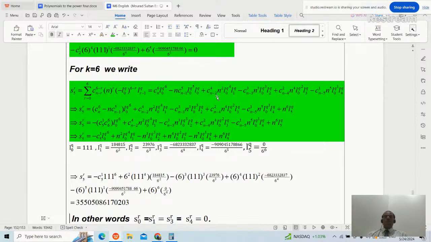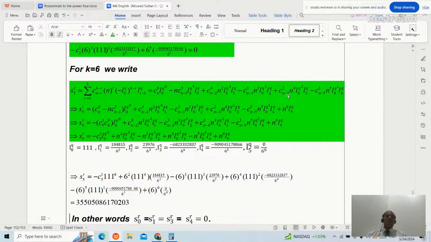When r equals 2, it will be combination n minus 2, 4. Okay, n squared times L0 of all the q raised to the power 4 times L1 of all the q. When r equals 3, it will be minus combination n minus 3, choose 3, n cubed L0 of all the q raised to the power 3 times L2 of all the q,